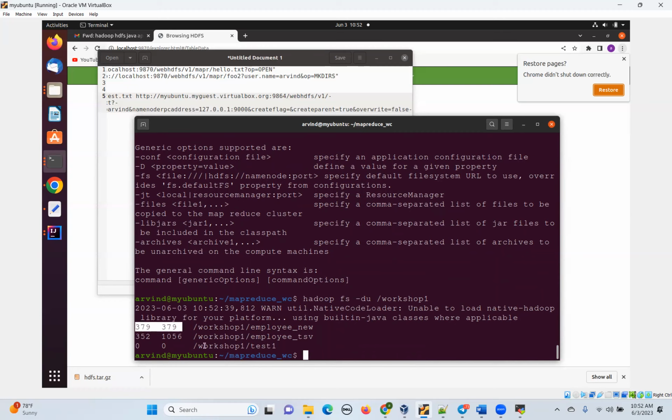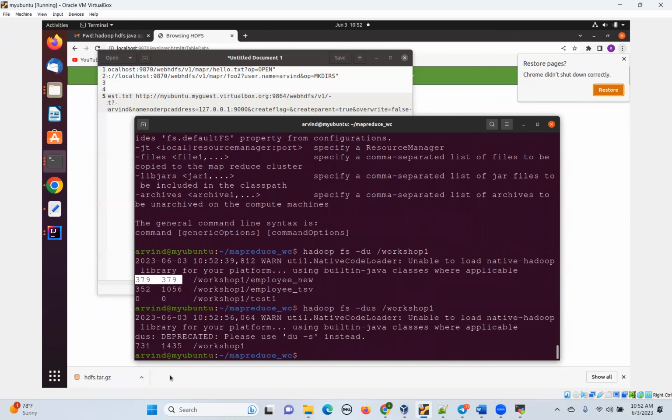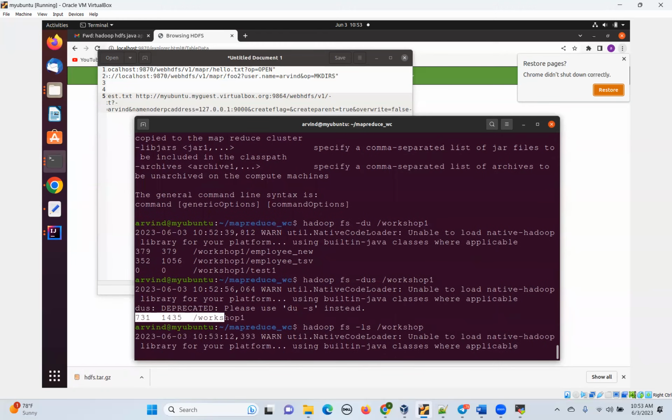Okay, and there are 2 commands, du and dus. The total you can see here. And if you want to see individual files and directories, you can get it. So when you do hadoop fs -ls workshop 1 workshop,